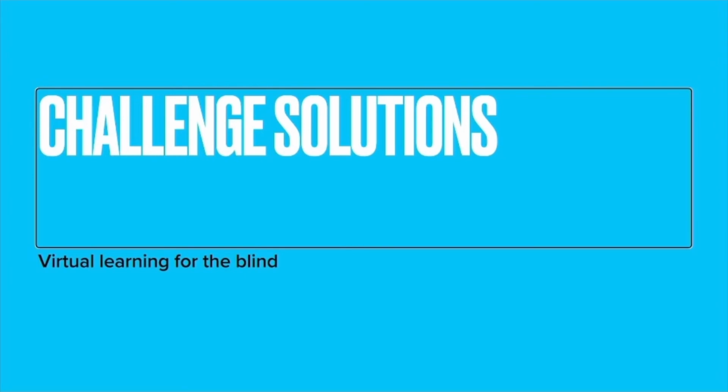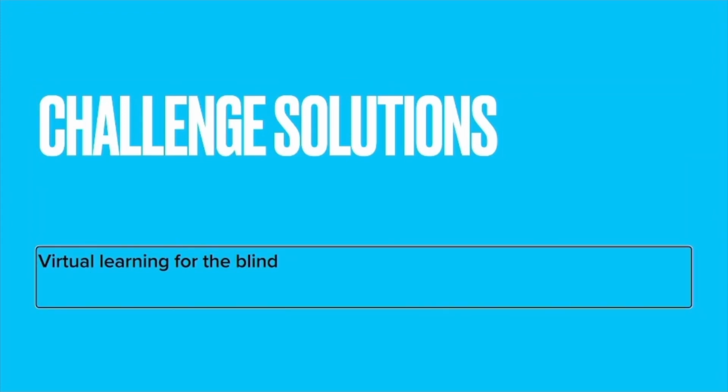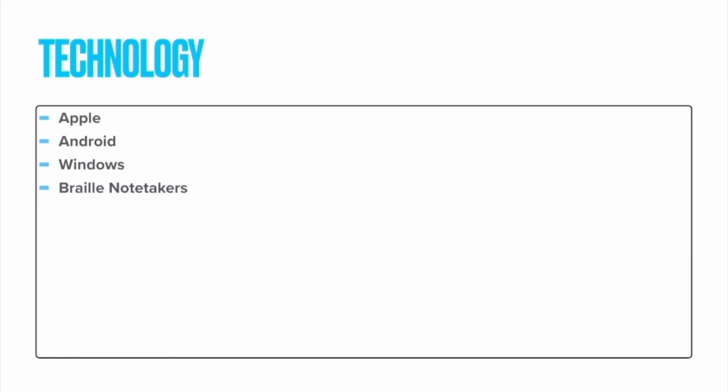So we heard the title, Challenge Solutions. I will swipe right to go to the next item on this slide. Body. Text box. Virtual learning for the blind. Actions available. Then I'll hit my right arrow to move forward. Slide 2. Technology. Body. Text box. Apple. Android. Windows. Braille note takers. VoiceOver read everything on that slide, and again, that is bulleted. You may not hear it, but you will see it if you're using a braille